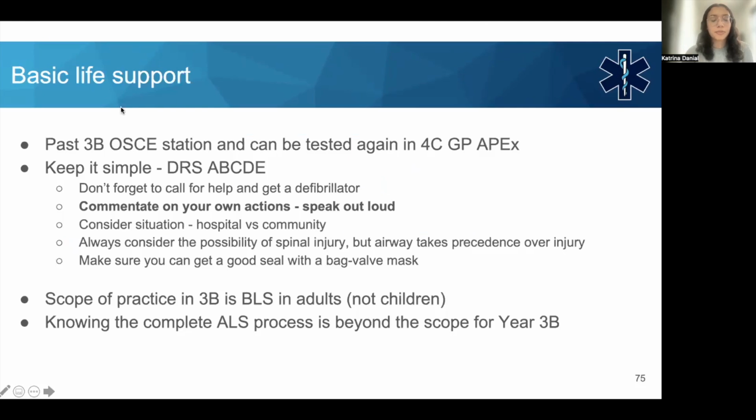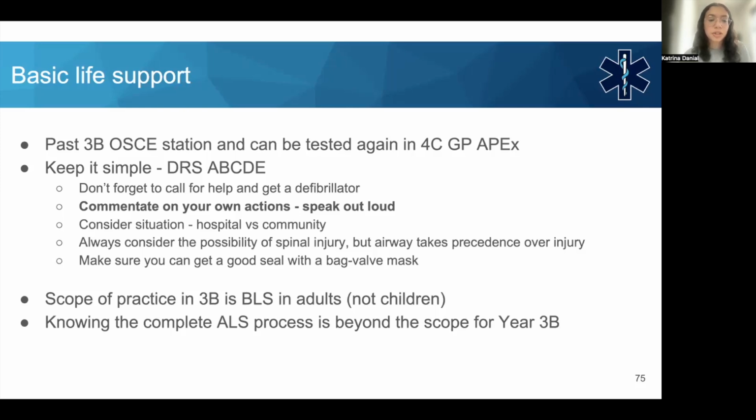Okay, so for basic life support, again, it used to be an OSCE station, won't be tested in 3rd year that much unless you have a clinical skills assessment of it, but it will be tested in your year 4 GP Apex. Doctors A, B, C, D. And if you ever do a simulation, if you come to a MECCSIG workshop or you're doing simulation in your